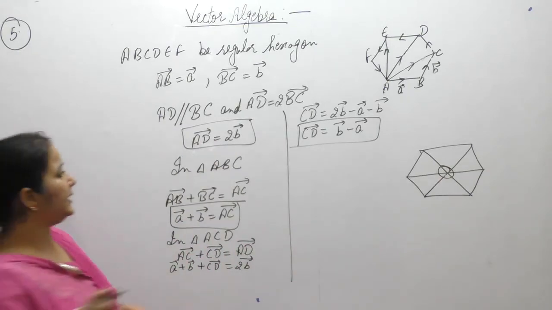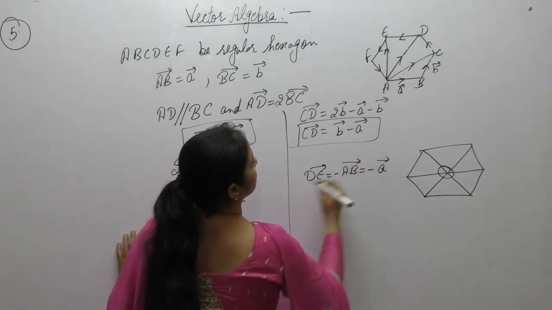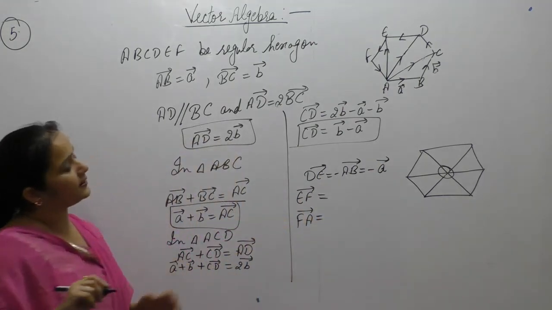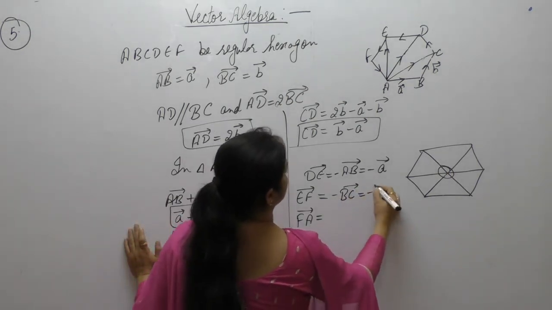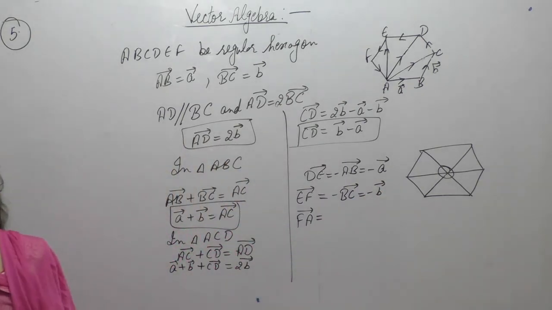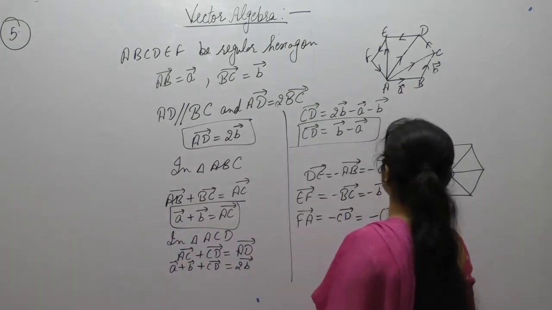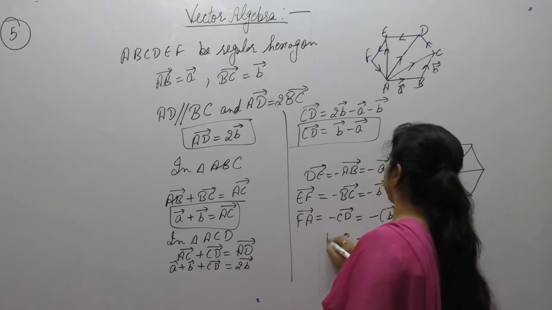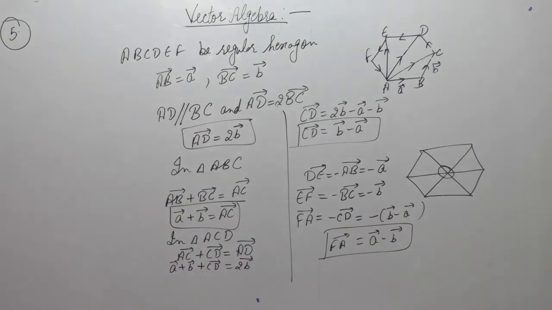Therefore, DE vector is equal to minus AB vector, EF vector is equal to minus BC vector, that is minus B vector, and FA vector is equal